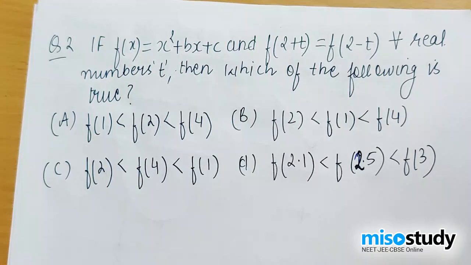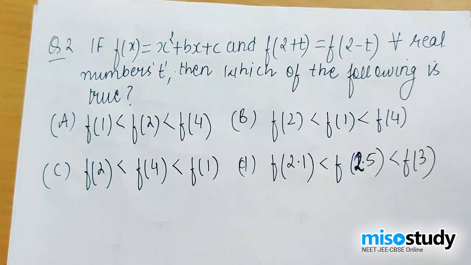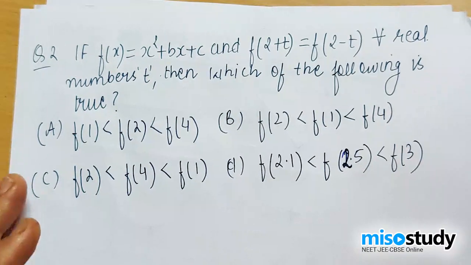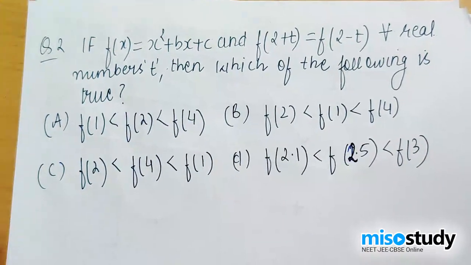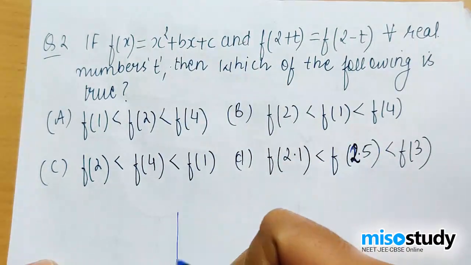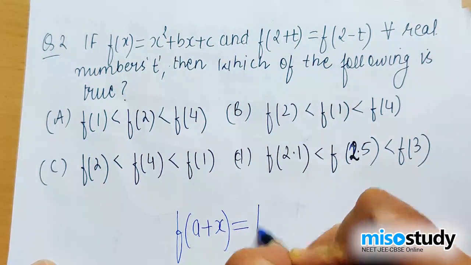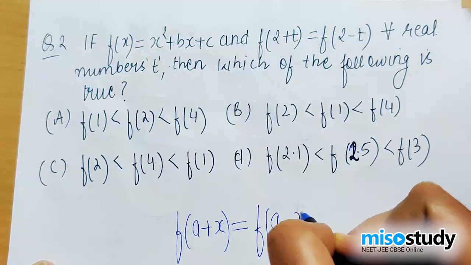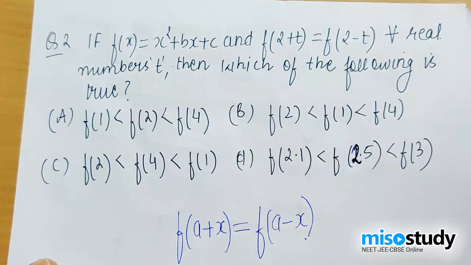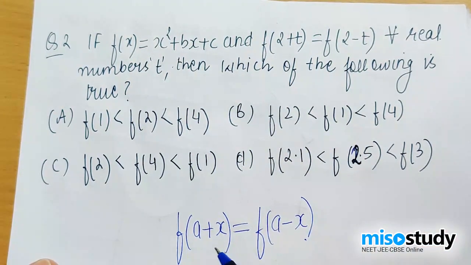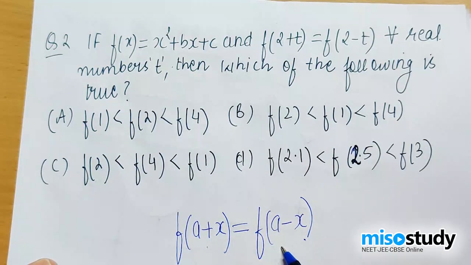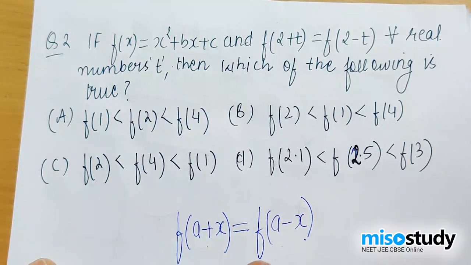Now, if f(x) is equal to this and f of 2 plus t is equal to f of 2 minus t for all real numbers t, then which of the following is true? Now, for this question, you need to know a bit of knowledge that if you have f of a plus x is equal to f of a minus x, okay, then if you're given that f of a plus x is equal to f of a minus x, then your